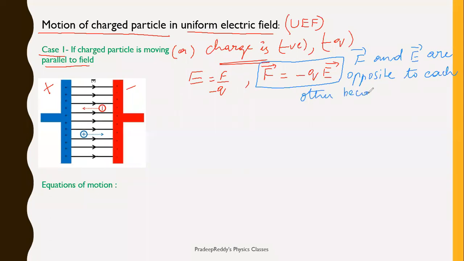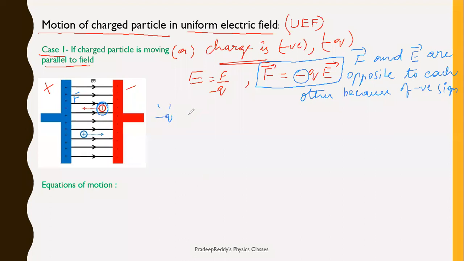Because of the negative sign. As there is a negative sign over here, F and E, the F vector should be in the opposite direction to that of the E vector. Therefore, when you are placing this charge, see it is a negative charge. The field is in which direction? Right side, but it is experiencing a force on the left side. This is the force on the negative charge. It is left side. Therefore, remember,